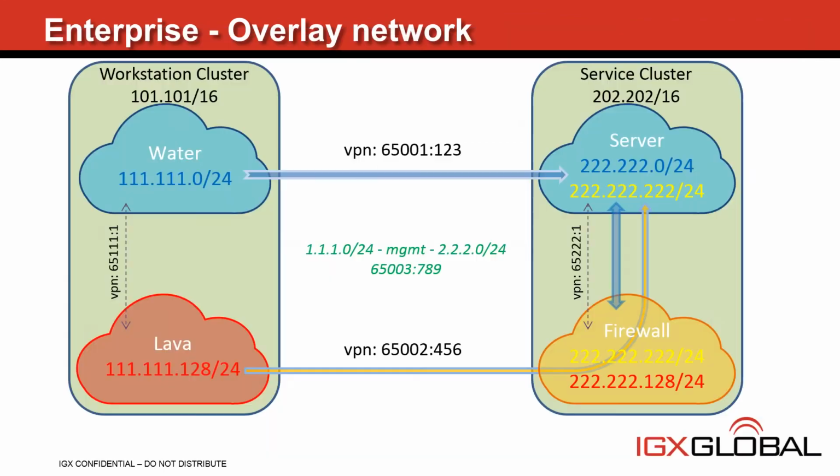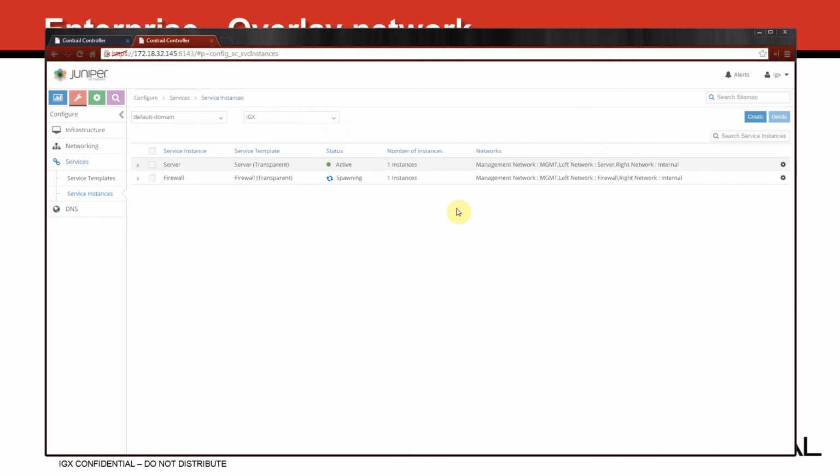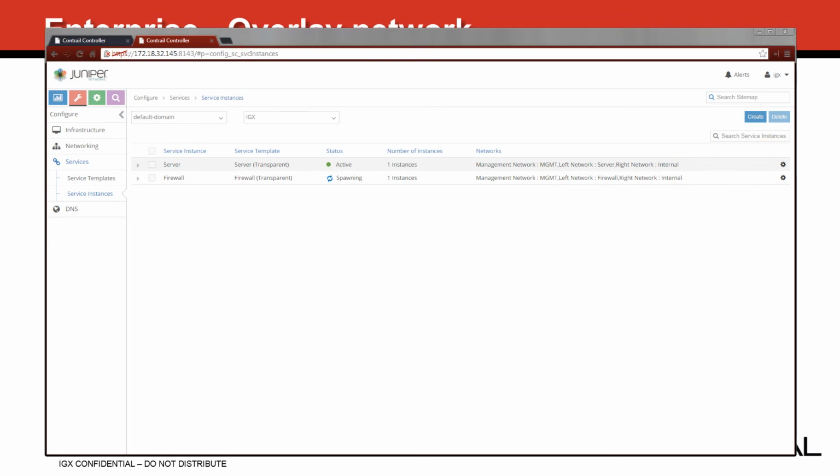These networks have already been pre-created for me, and this is the internal network designation, and that will be the prefix that it will be using. Right, so my firewall instance is spawning, and while it is spawning, I will go to my MXs